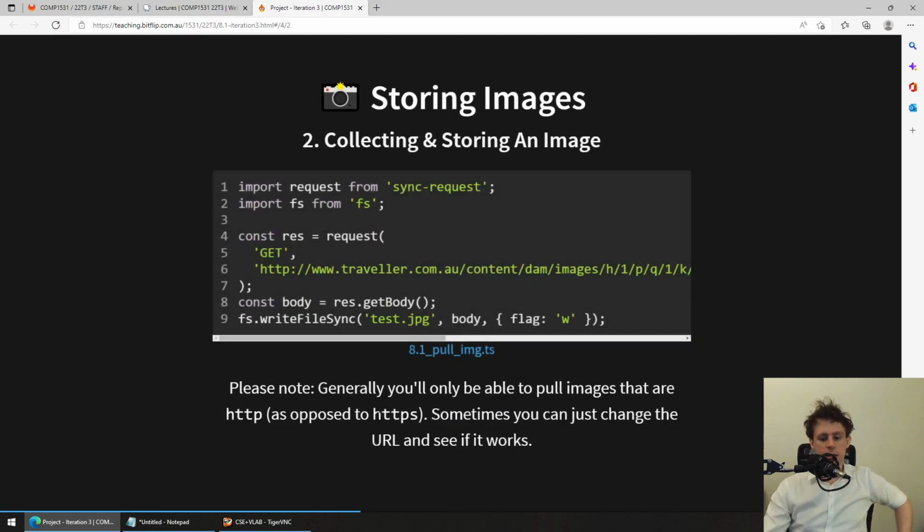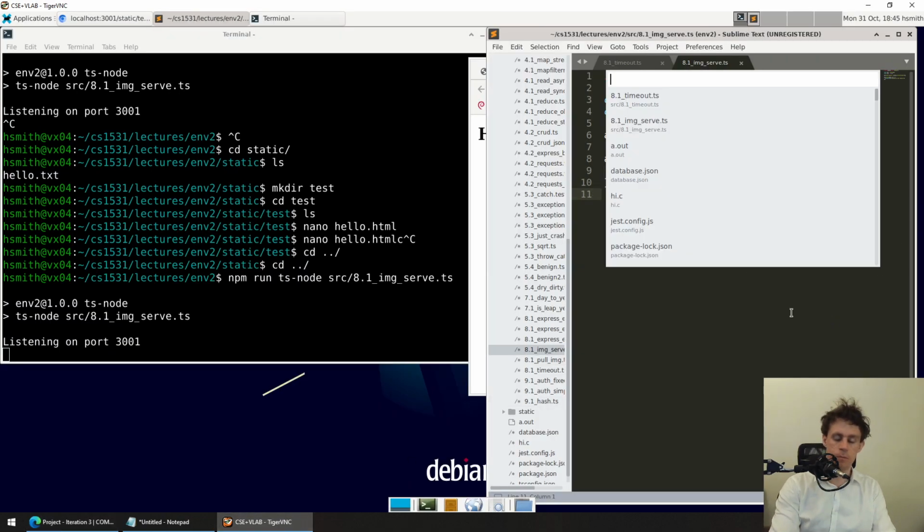You can follow that link there. But the second part, and the more interesting part, is the actual collecting and storing of an image. And again, I'm going to give you a sample of code here that's a massive help. It's more code than you would have gotten a few terms ago, but I think it's worth it to kind of help you guys along. So